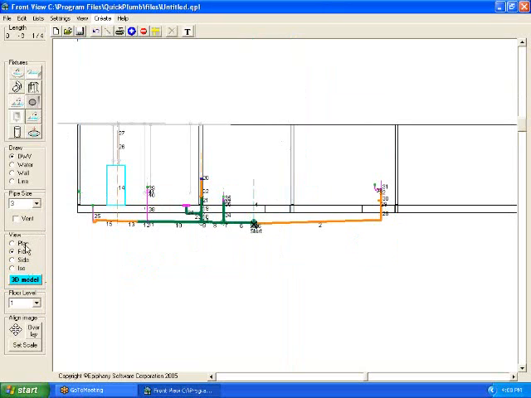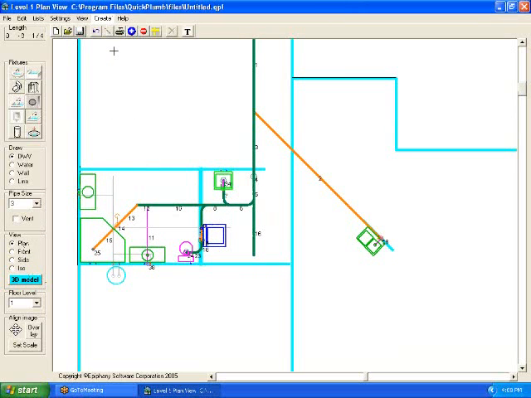Right. Show me, what I'm really interested in is show me how, let's say you're done doing the drawing, you got your isometrics, you got your plan view. Now, how would I transfer